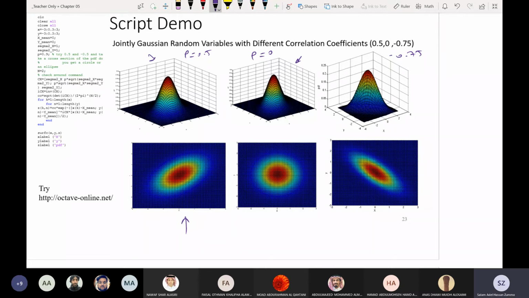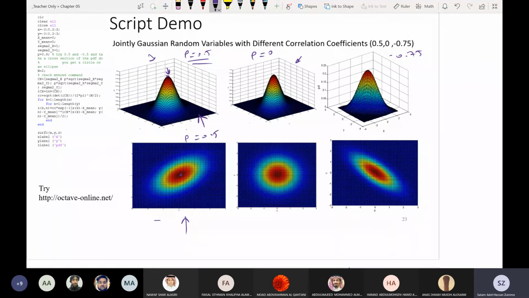or surface, you can see that these are colors. The closer the color gets to red rather than blue, the higher the value. This reaches the peak here, which is the largest. As you go to green and then blue, the value is smaller. So you can see here that in 2 dimensions, this is rho equal 0.5,